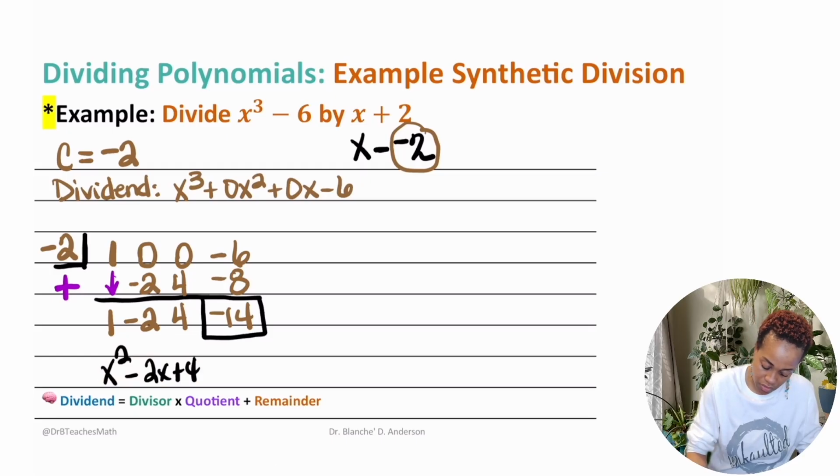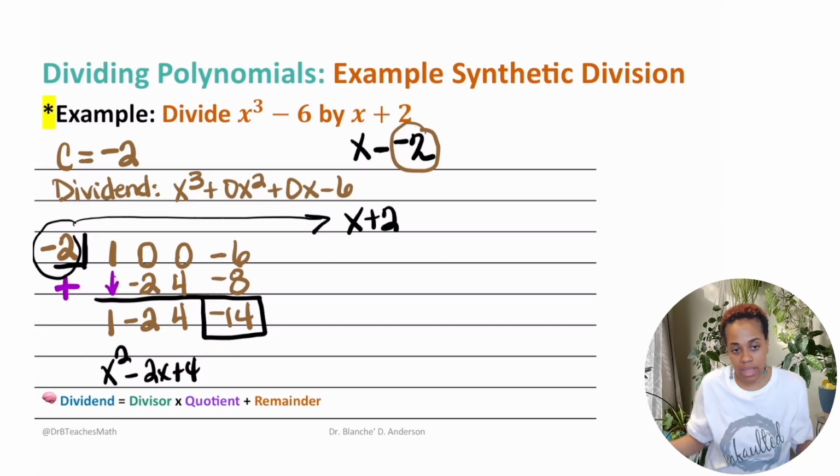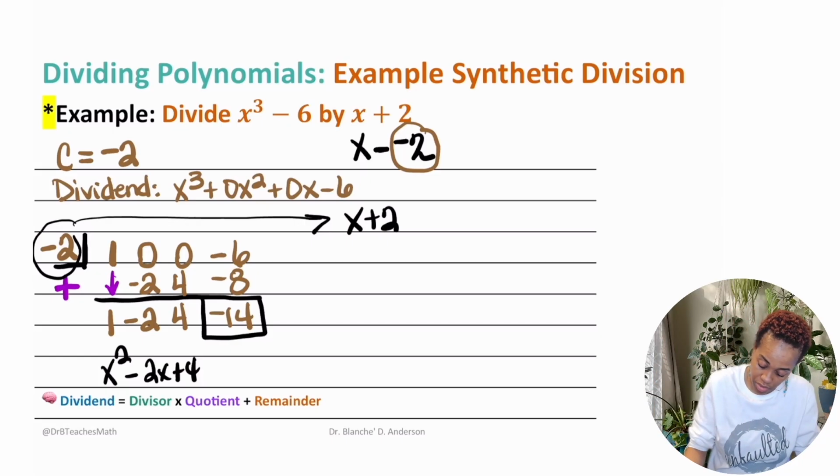So far, so good. We know that this is x plus 2. And when we write our answer, it's quotient plus remainder over divisor. So x squared minus 2x plus 4